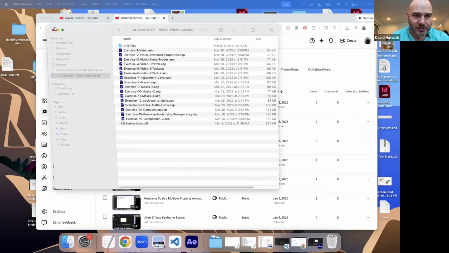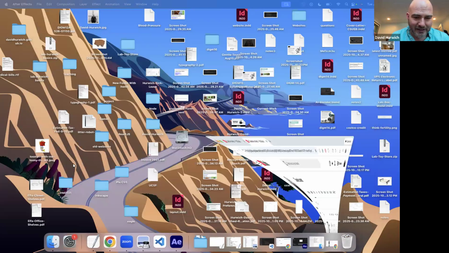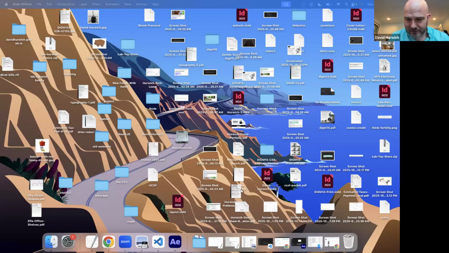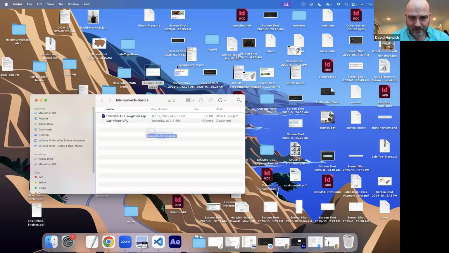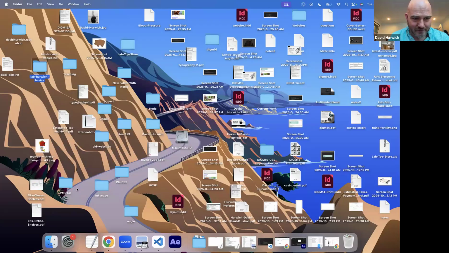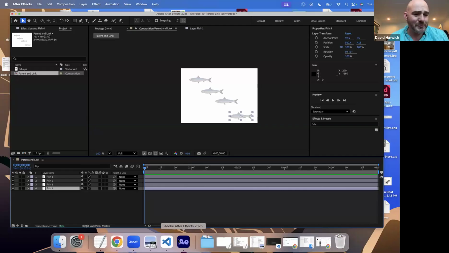Okay. So I want you to understand, let's think about if I have a bunch of items, I can place them into a folder, like I was doing something like this, and then I can move this folder as a group, right? A lot of programs like Adobe Photoshop or Adobe Illustrator have ways of grouping things. Sometimes they're called a folder or a set, or sometimes you can link stuff together so that by moving one, you really move multiple. This prevents us from having to animate or move multiple things. And After Effects is no different in the sense that